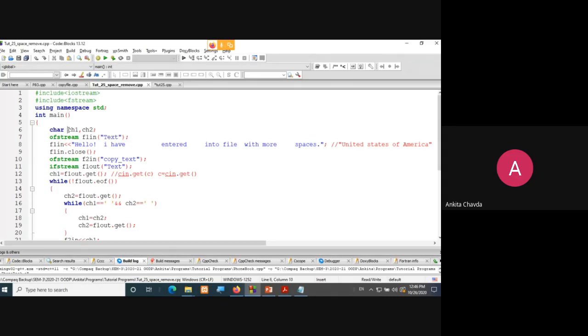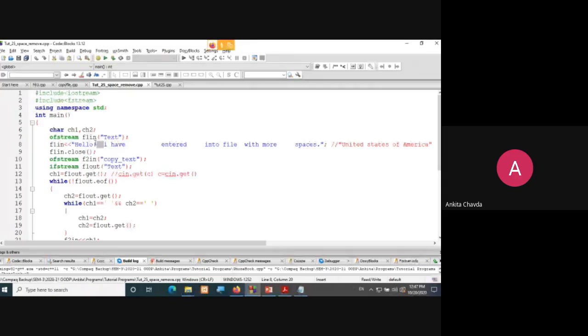So here I'm first creating two variables, character 1 and character 2 of type character, because I'll read two characters in a sequence, and I'll check whether both characters are spaces or not. Suppose these are the two characters, which are blank spaces.